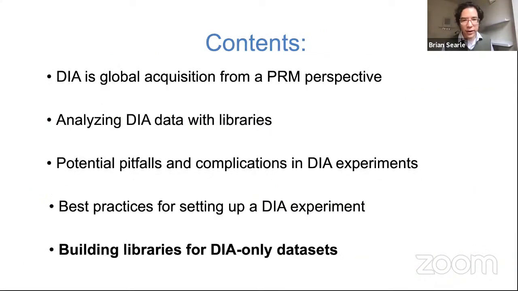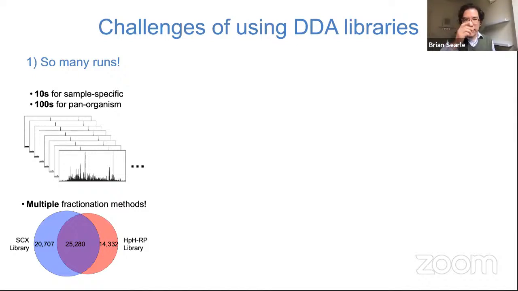So in the last couple minutes, I want to talk very briefly about this idea about building libraries for DIA-only data sets. And this is something that's actually been really important in our lab that we've been moving forward on. And the reason why is because DDA libraries are very expensive to make, right? So if you're interested in analyzing a specific sample, say HeLa or MCF7 cells or something like that, or yeast or E. coli, you really need to acquire tens of samples, tens of injections of fractionation